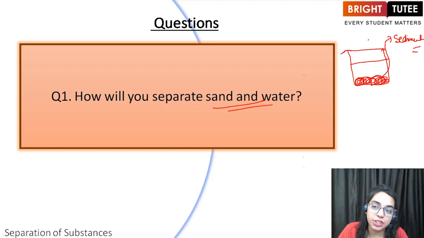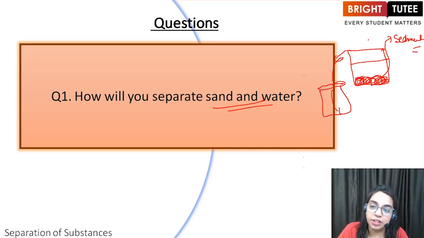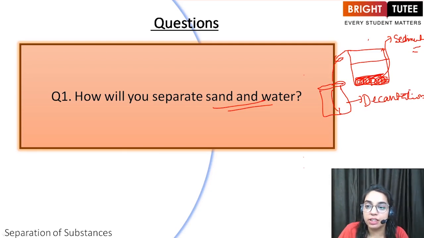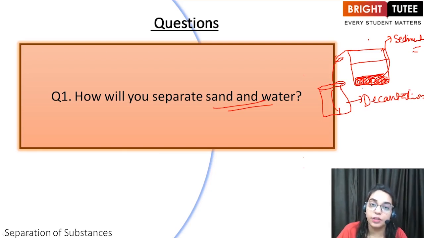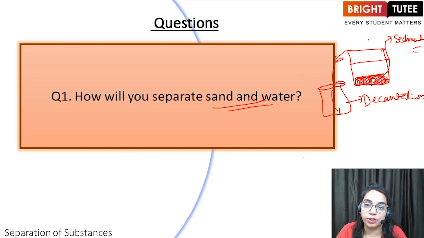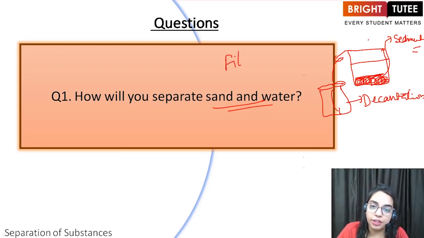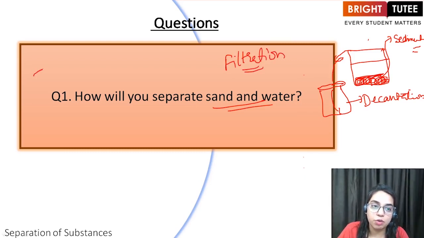Now we can just tilt this a little bit and collect the water in some other beaker, and this sand will be left behind, and this process will be known as decantation, right? But children, you will observe that the sand left behind even after decantation has some amount of water. So we can separate this by using the process of filtration, right? And how can we do this? We can make use of